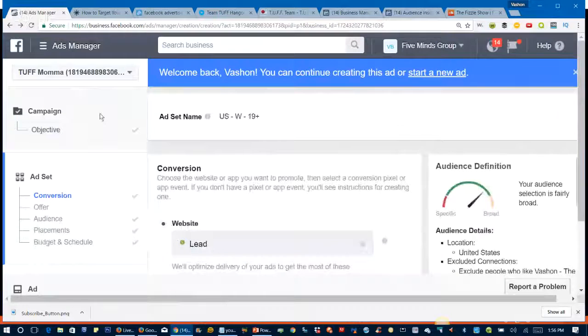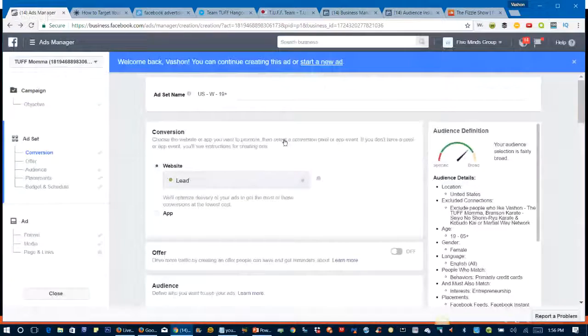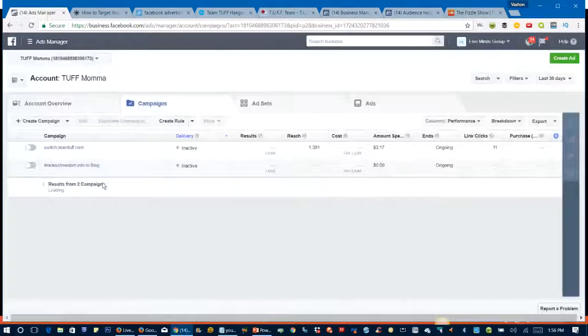Oh, it's giving me fits today. Let me see if I can get rid of some of this stuff here. I wanted to just get an overview of all my ads. There we go.